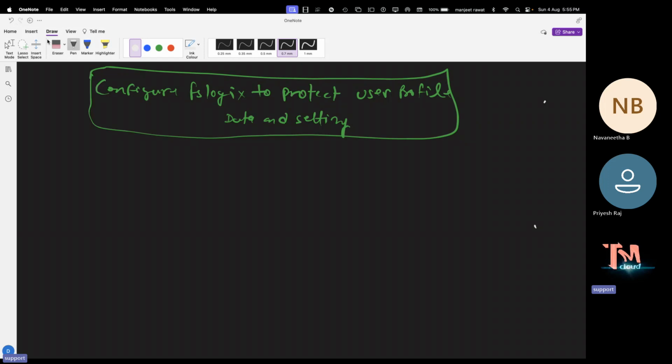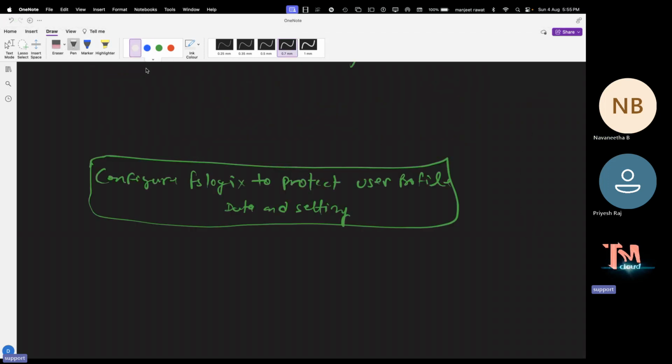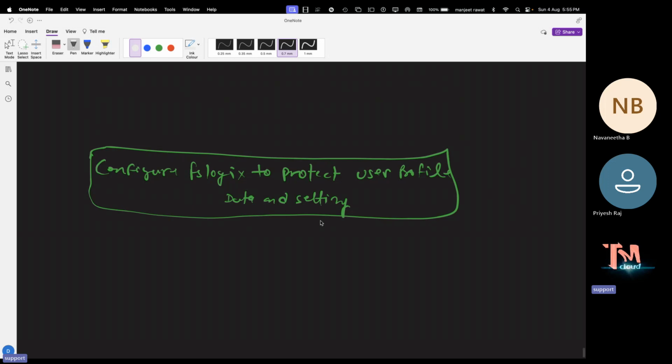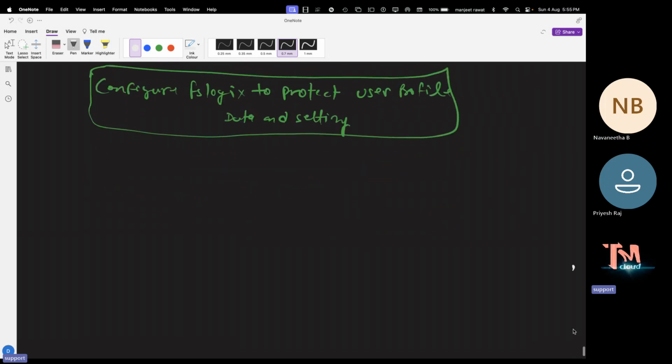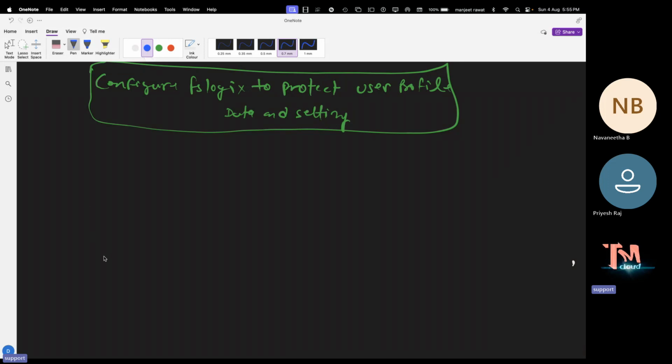Now let's try to understand the concept of FSLogix that helps us protect our data. What are the prerequisites and how many methods do we have to utilize the feature of FSLogix? One of the important parts. We should know this too. So basically FSLogix is a type of tool